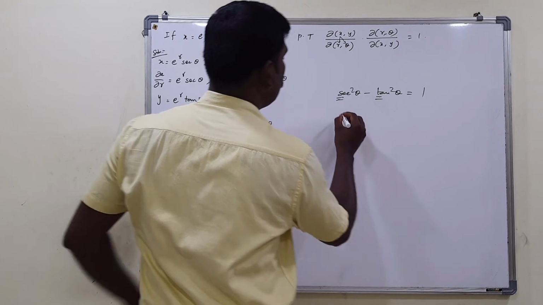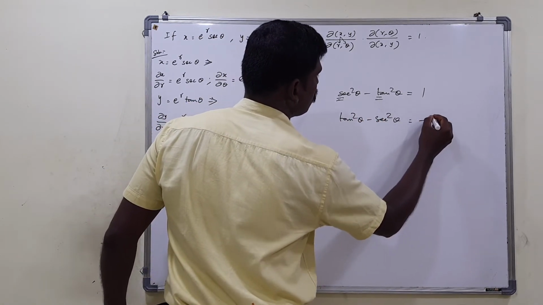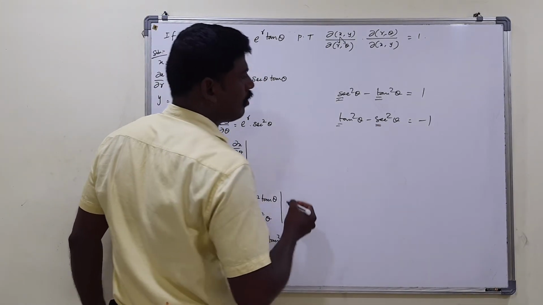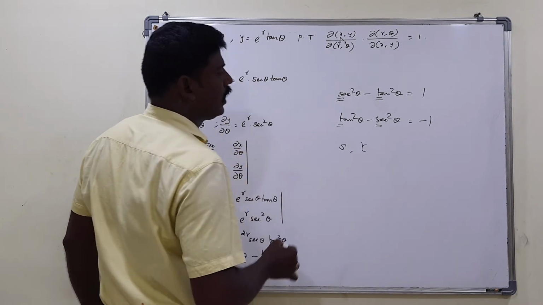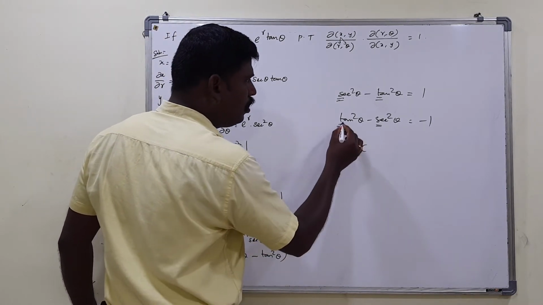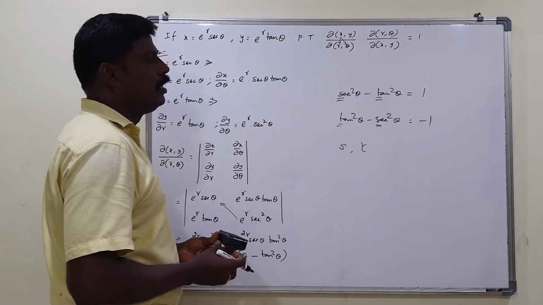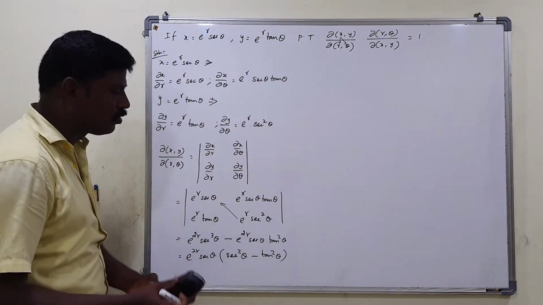Okay. Suppose tan square theta minus secant square theta. Then carefully understand, it is minus 1, not equal to 1. Why? Because T comes at first, S comes at second. In alphabetical order, S comes at first, T comes at second, isn't it? So it is in reverse order, that's why we put it as minus 1. Just you can keep it simply in your mind, okay? Right, that's all. So what is this value of secant square theta minus tan square theta?